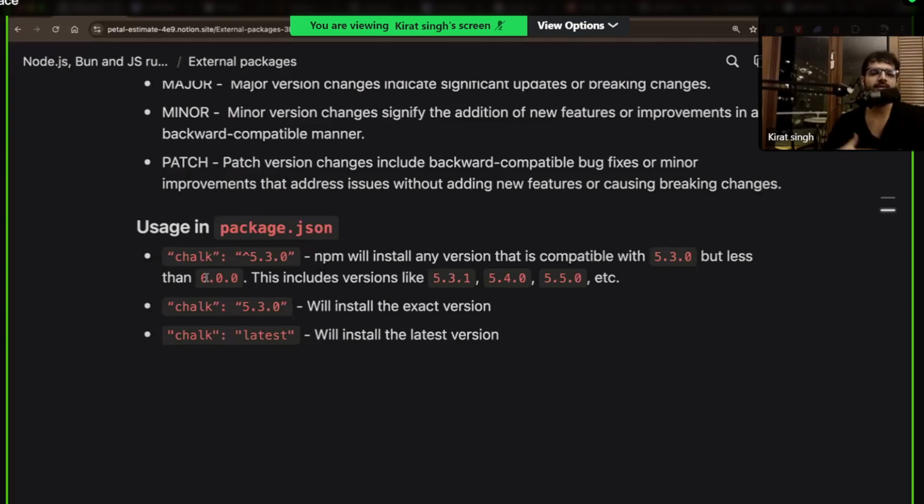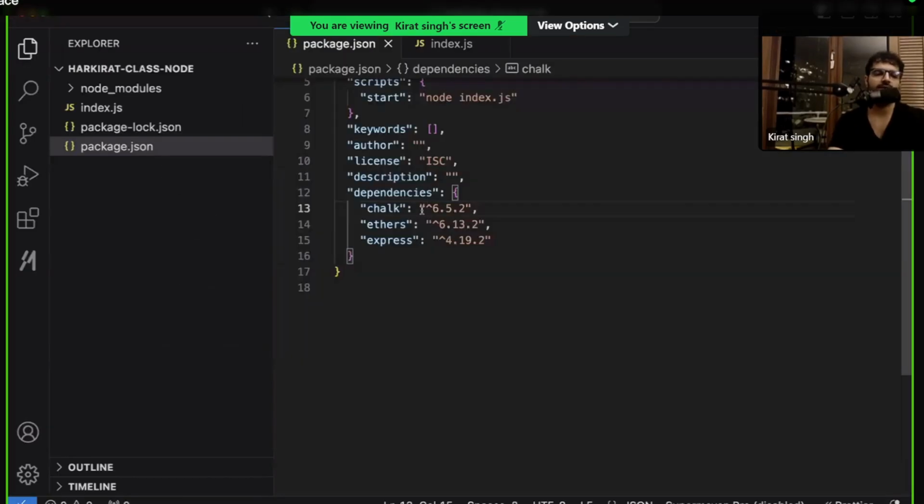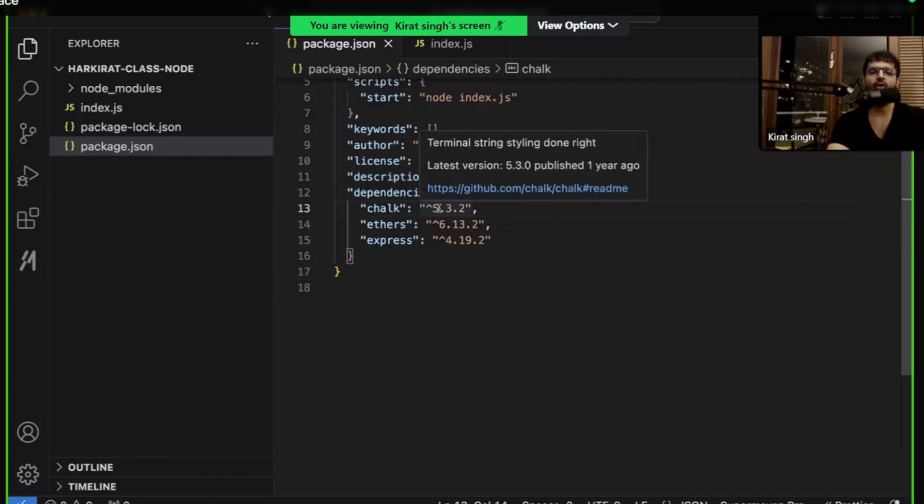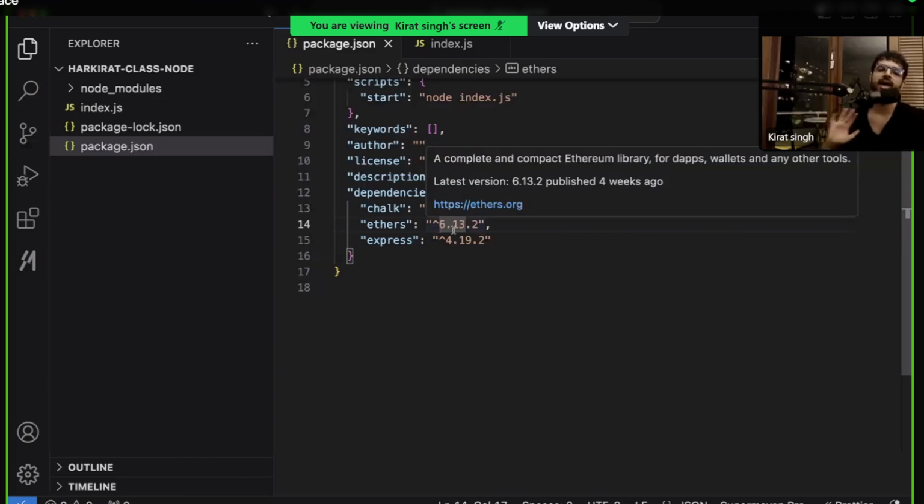Any compatible version that it can find, that is why you usually do this. If you look, when you run npm install on your machine, it adds these dependencies with this sign because it says 5.3.0 is fine, if tomorrow 1 comes, that's fine too, if 2 comes, that's fine too. All of these versions are fine. When you have this sign, Node.js will ensure that if there is a version 6 on npm, it will not bring that locally.